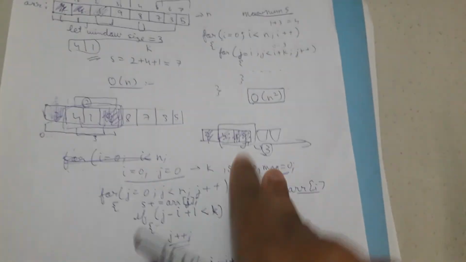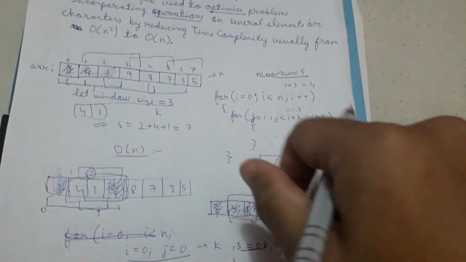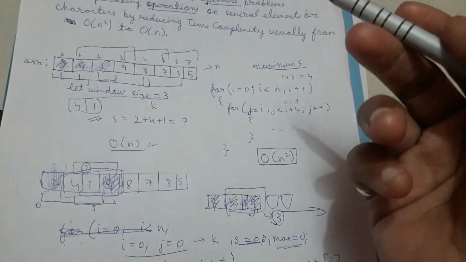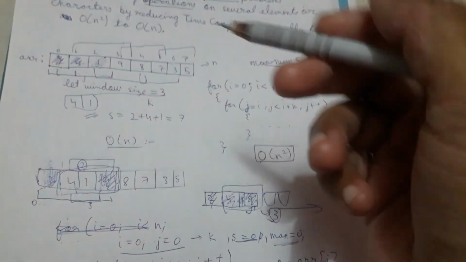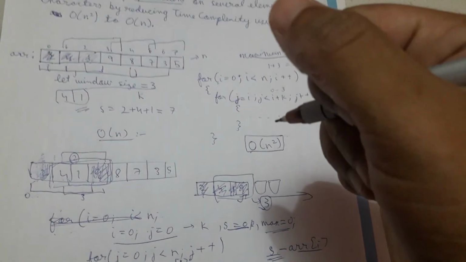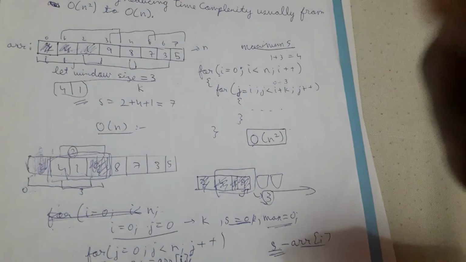So you see, the sliding window technique is used in many other problems. This is just one of the problems. In other problems, you will be asked to find the first negative number in each subarray, or to find all possible subarrays whose XOR value is equal to the remaining number. So there are several problems. We will be discussing them in subsequent videos. That's all for now. Thank you.